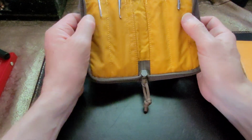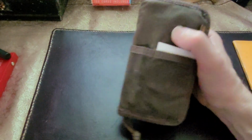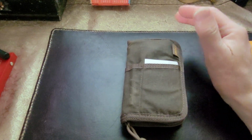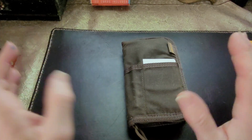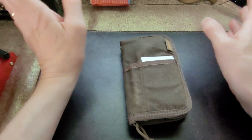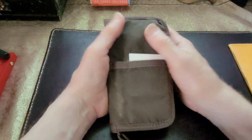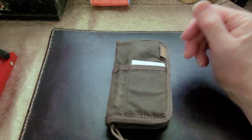And also, it's actually very attractive. One of the things I really do like is the understated quality of the design in some ways. I love the color of the canvas. It comes in, I think, 3 or 4 colors. This is the classic brown, and it suits my personality. It's just sort of understated. It's not flashy. I'm comfortable pulling this out of my pocket and sitting it on a table and opening it